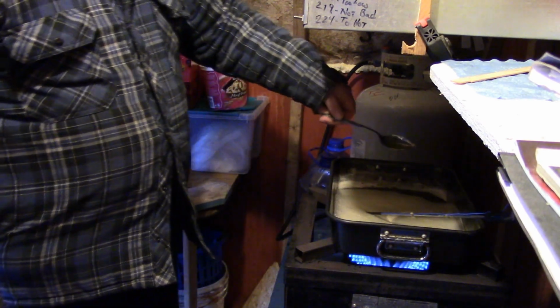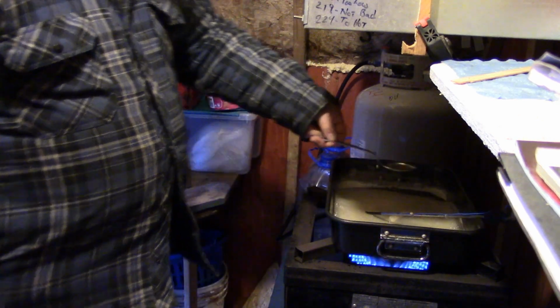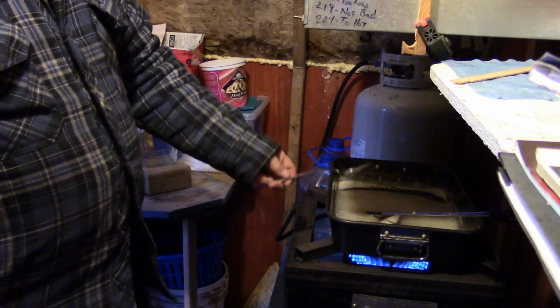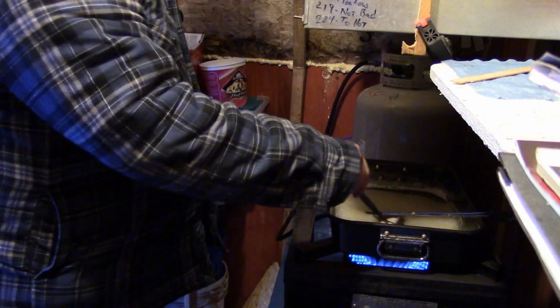Start to sheet off the spoon. Can you see that? Not very good, eh? Probably not. But anyways,